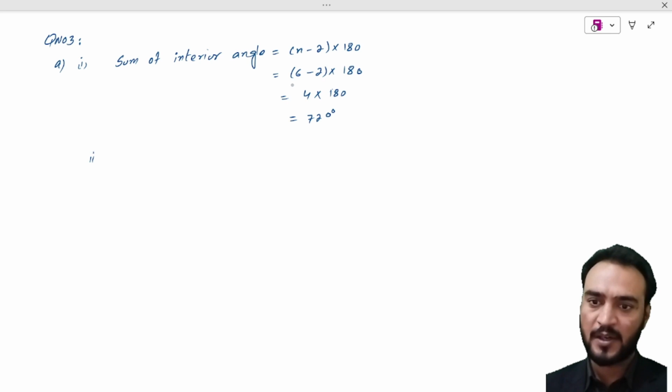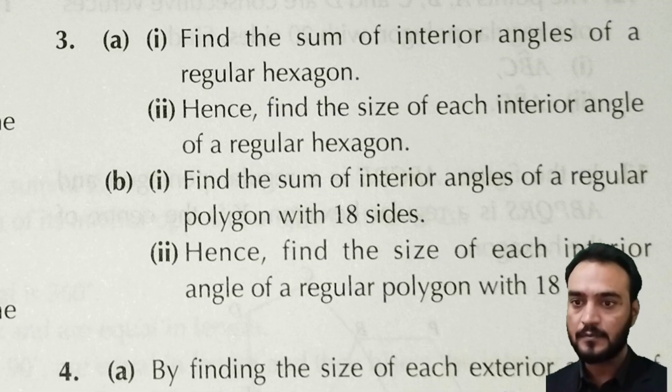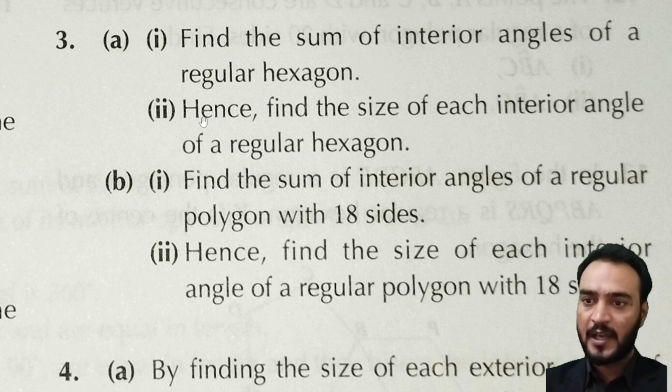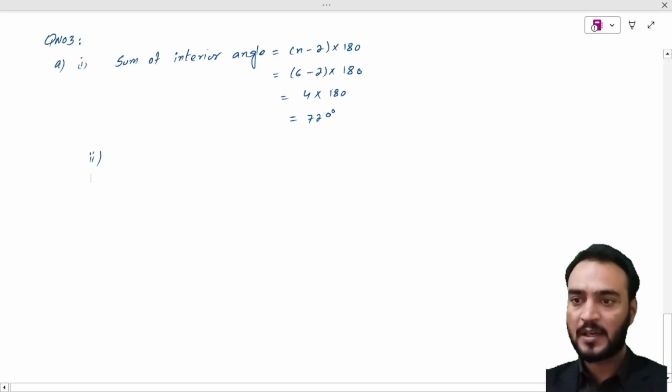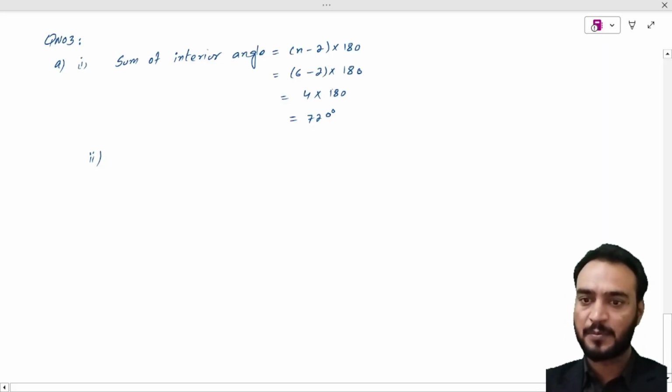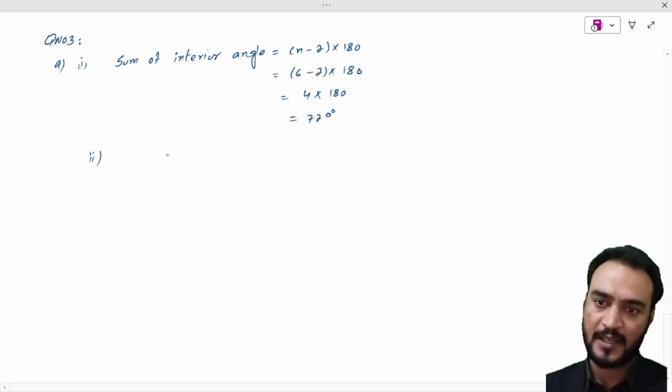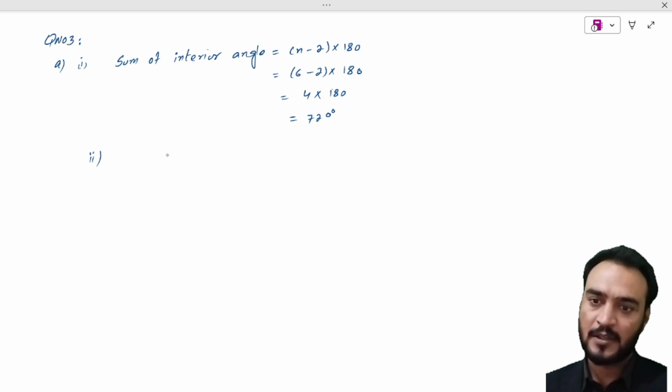Now the second part of part A, question number 3, is: hence find the size of each interior angle of the regular hexagon. The regular hexagon has 6 sides, so we divide the sum of interior angles by 6 to get each interior angle. The size of each interior angle